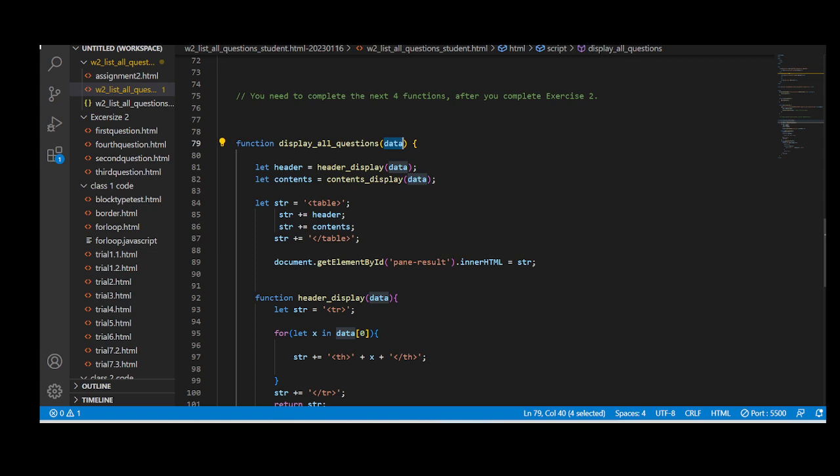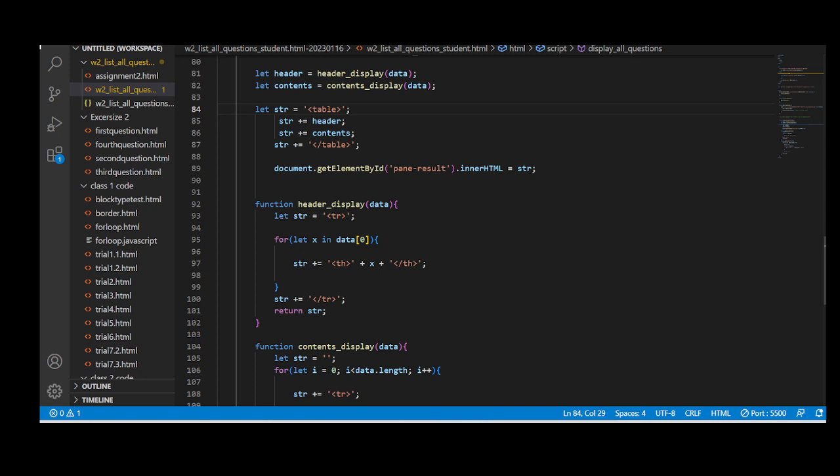And so first it's making a table. So this str becomes the table. And let header display data. So data, let str be for making the table row, and for let x in data 0, which means if you state x here, then it's going to call